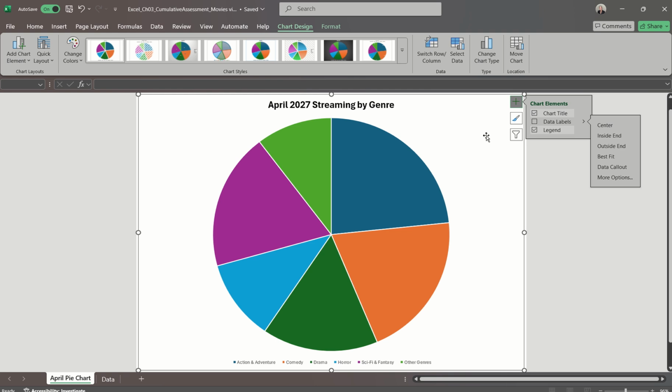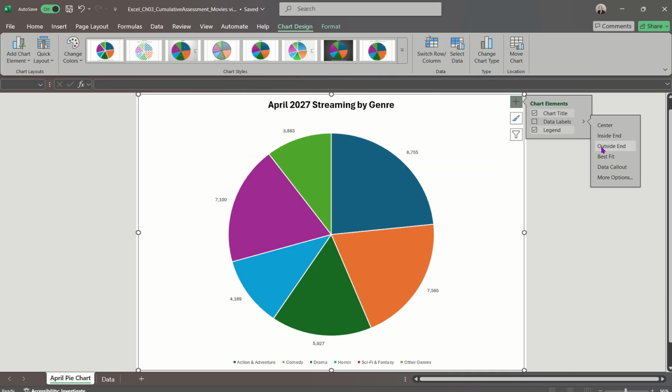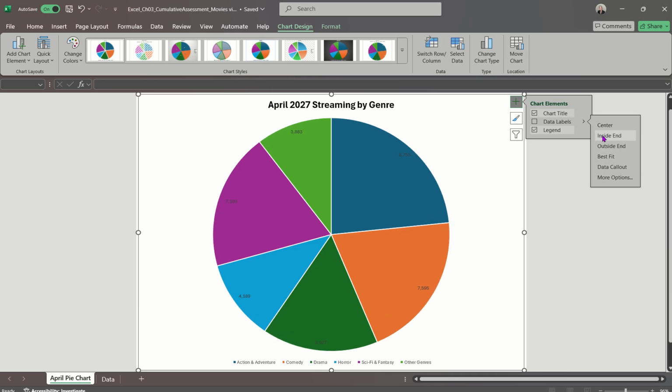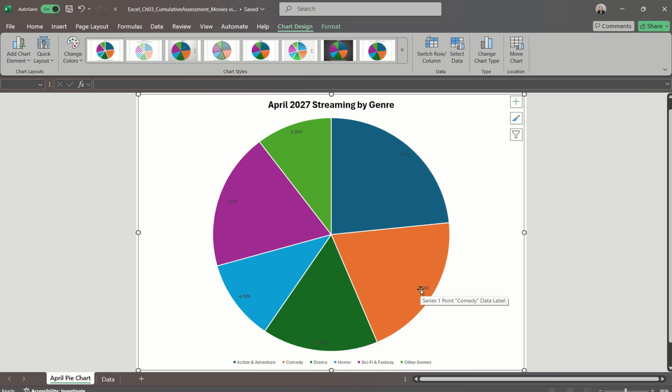All right, so we want to put, let's see, the data labels on the inside end position. So I'm going to go to data labels here. Click the arrow, and I'm going to go to inside end. So you can see when I mouse through them, you can see the labels showing up. So I'm going to click on inside end, and then hit this plus sign again, and we have our data labels here. Some of them are tough to see there with the bright colors. All right, and then I'm just going to double click on any one of the data labels. So I'm going to double click here,